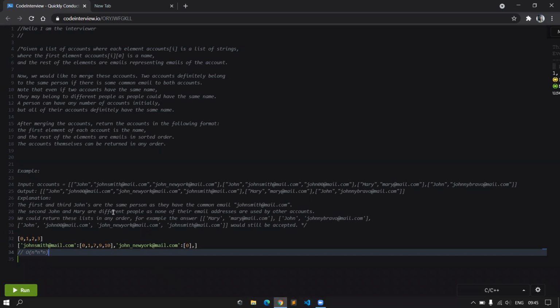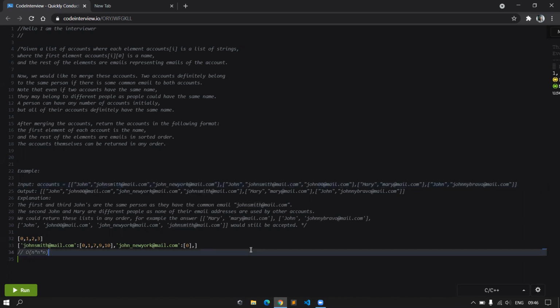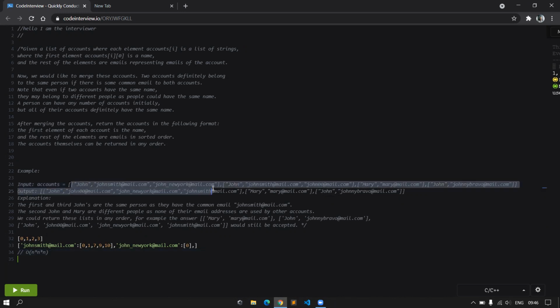If we go with the graph where we would be having nodes and edges, the nodes would be the individual names and the email IDs, and then we will be having edges only if they are part of a single list. Otherwise, we won't be having any edges between the nodes.